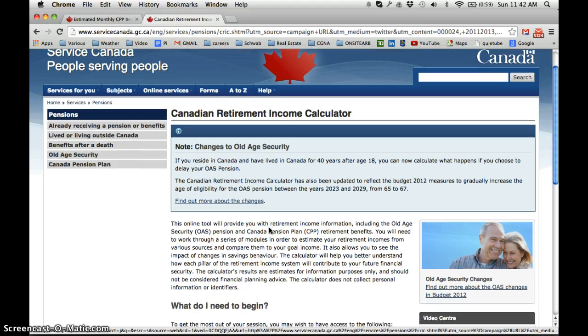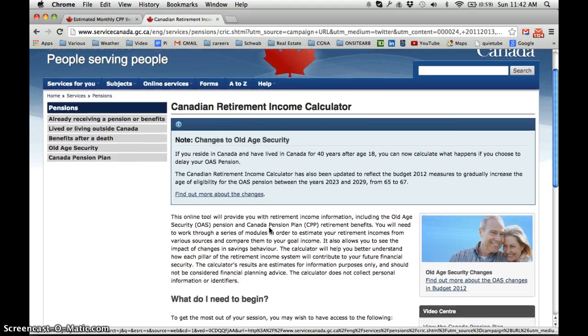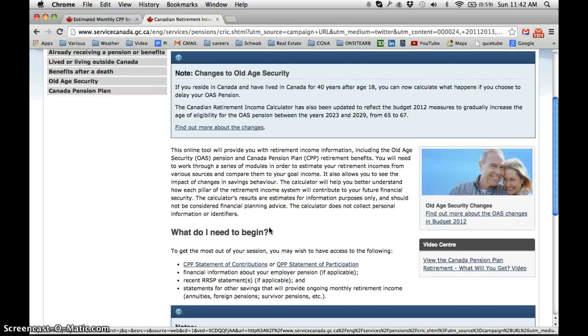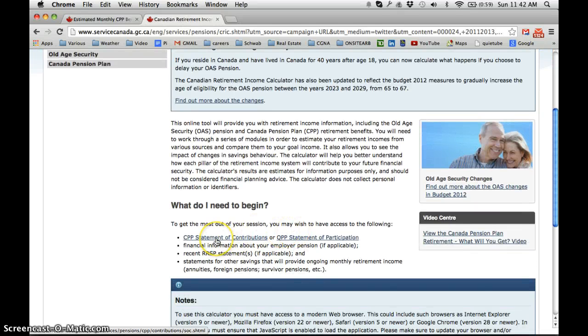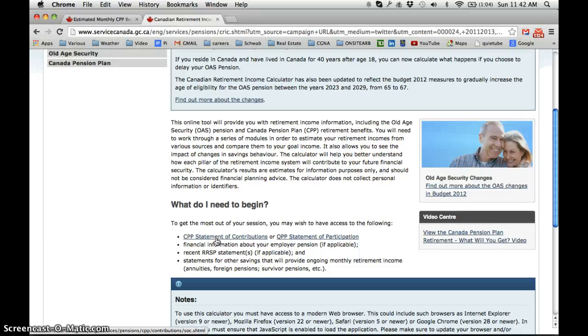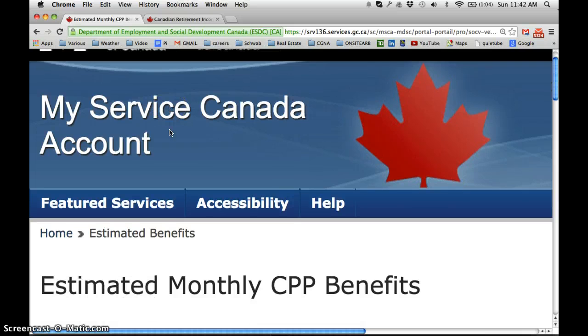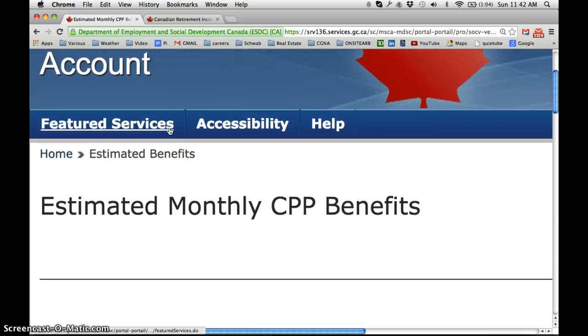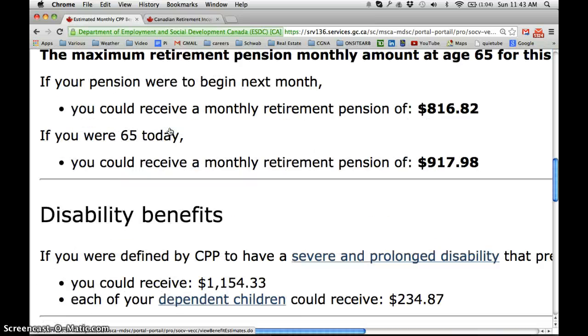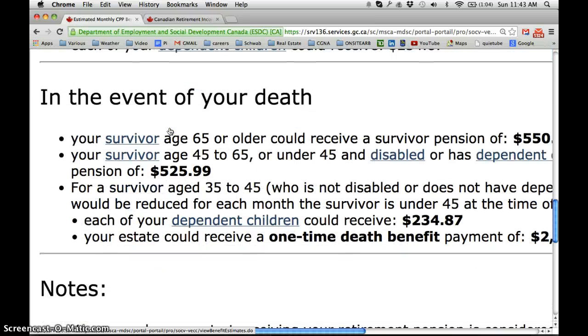So here's the website. It talks to you about what you can do and what you need to begin. And here it says you may wish to have access to your Canada Pension Plan Statement of Contributions. That's a website that you can sign into, and I've already signed into mine, and it looks like this, my Service Canada account, and the estimated monthly CPP benefits. And so it says here, let me reduce the size of that page for you,